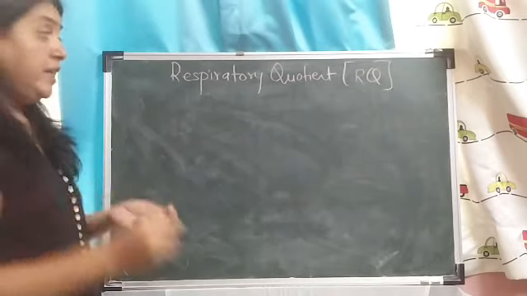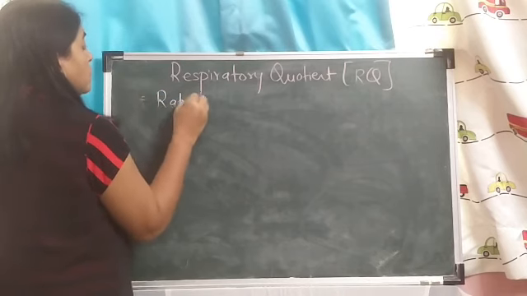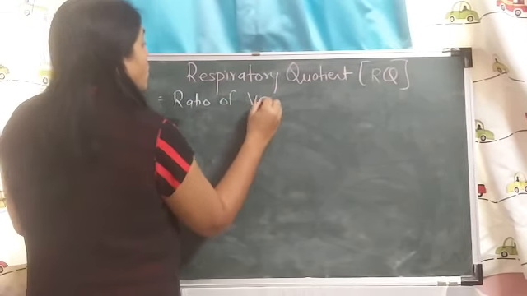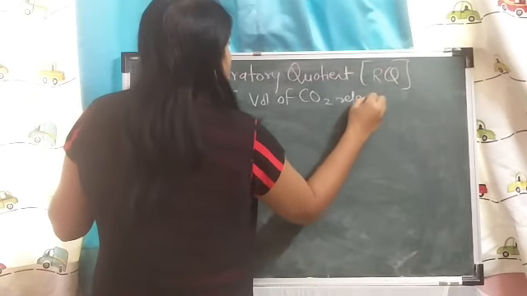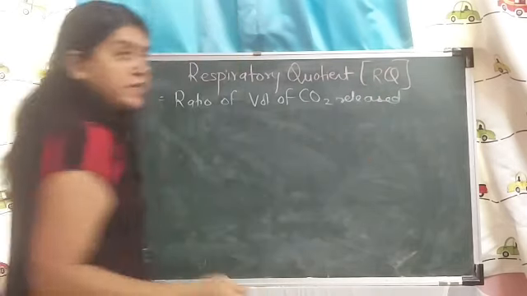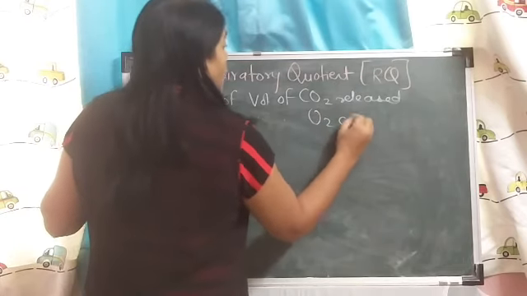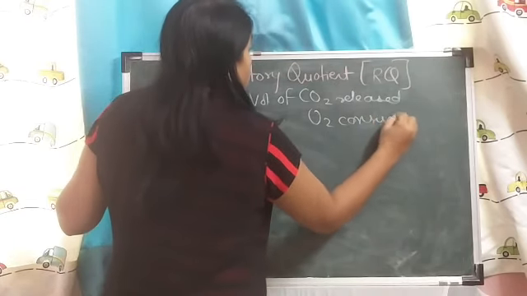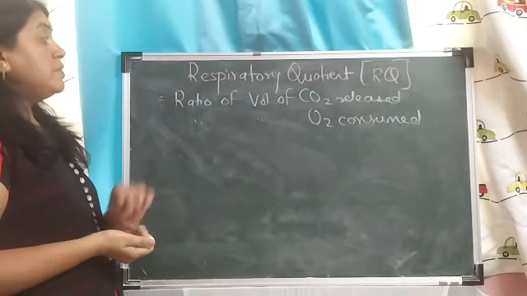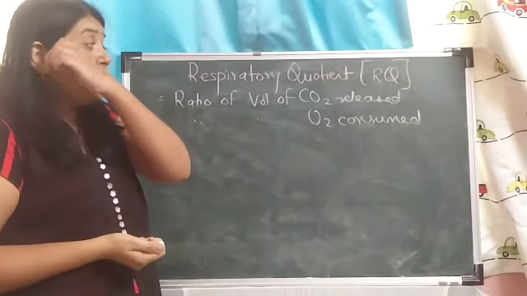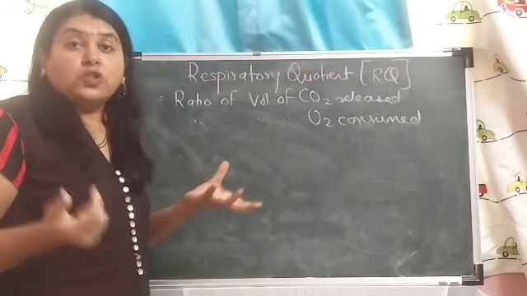Respiratory quotient is the ratio of volume of CO2 released to volume of oxygen consumed during respiration. So during respiration, how much CO2 is released and how much oxygen is consumed, the ratio of that is called